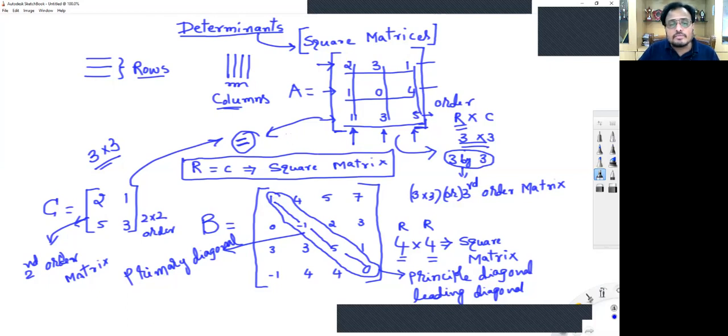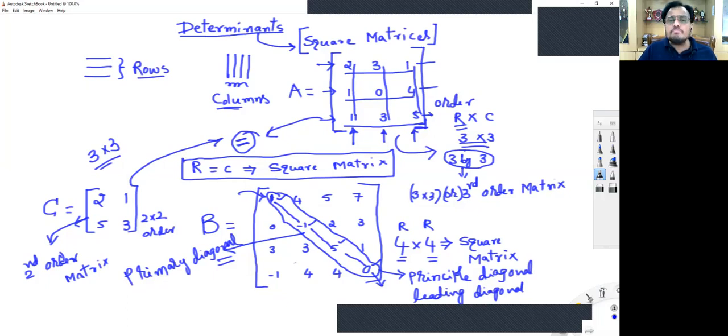In a square matrix, the diagonal from the left top corner to the right bottom corner is known as the principal diagonal, or leading diagonal, or primary diagonal, or simply the diagonal elements. So in this example, 1, -1, 5, 0 are the diagonal elements. The remaining diagonal is the secondary diagonal, but usually we don't use it, only very rarely. We'll discuss it wherever it comes.